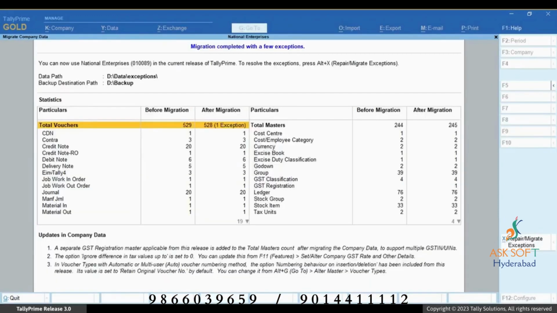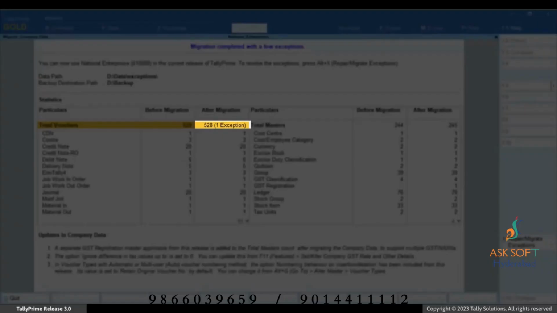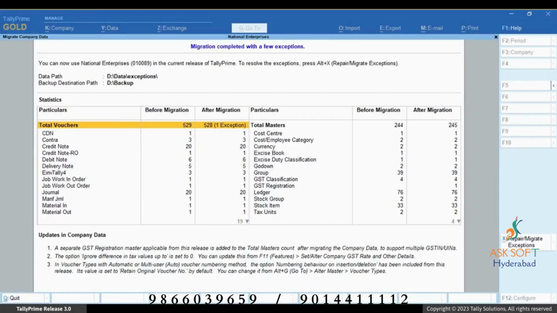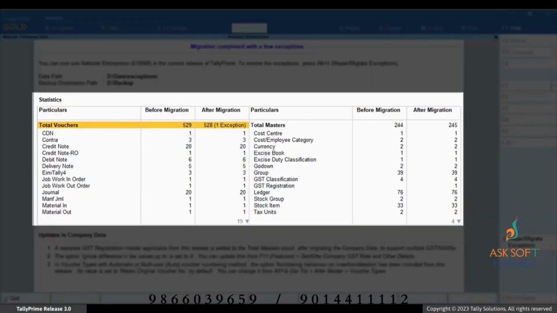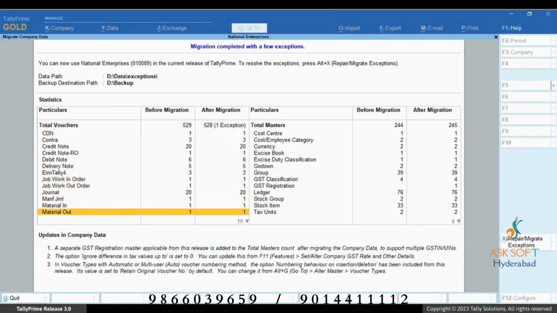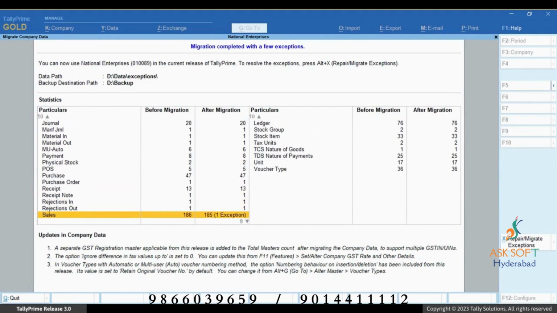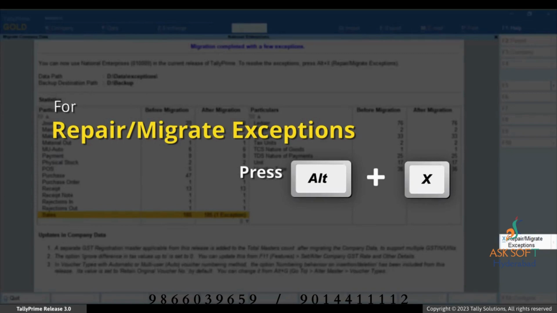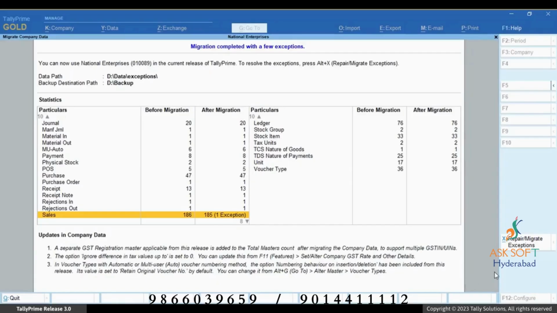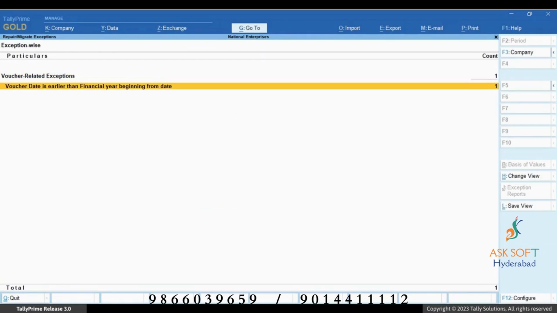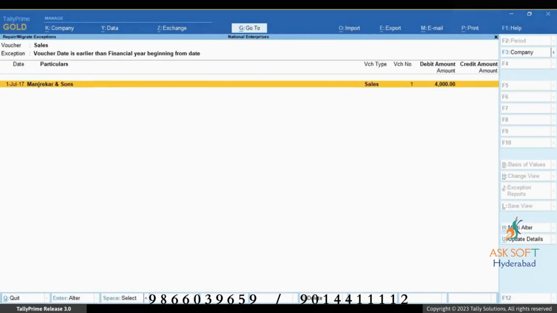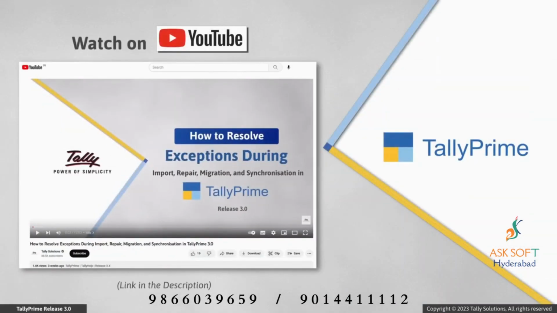As you can see, the company is migrated with a few exceptions and the migration summary report opens with the detailed view. This report opens in the detailed view so that you can view the number of exceptions that occurred in each master and voucher type. Press Alt plus X or click Repair or Migrate Exceptions to view the exceptions and resolve as needed. You can view our video how to resolve exceptions during import, repair, migration, and synchronization in TallyPrime to know how